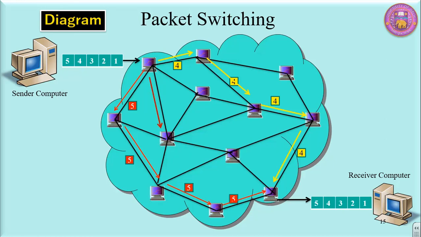The packet number 3, dark red arrow, shows packet number 3. It takes a different path. The green arrow shows packet number 2. Packet number 1, blue line,